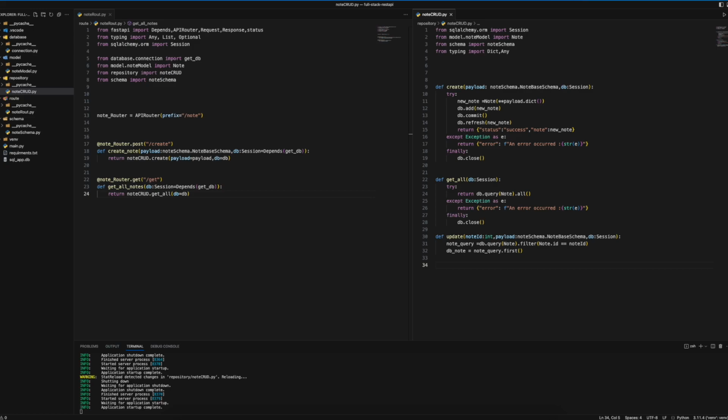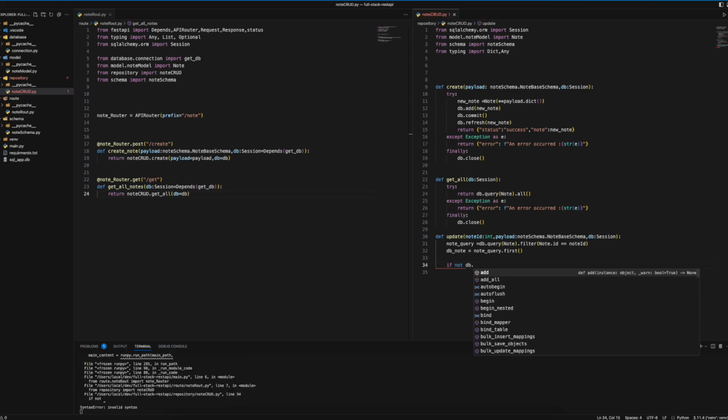That means db node found this object. To do that, we can check and say if not db node, that means if not found,